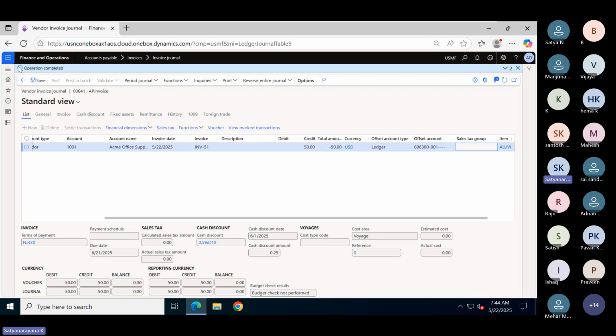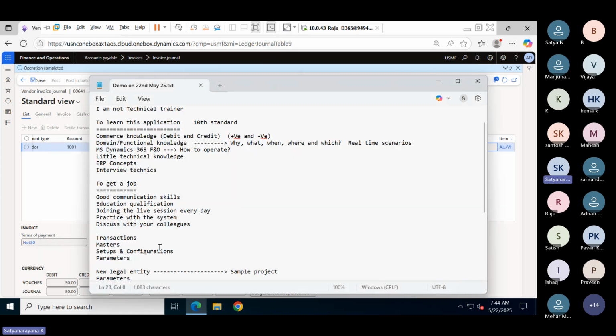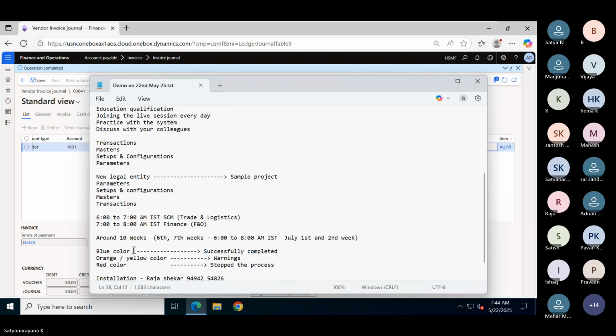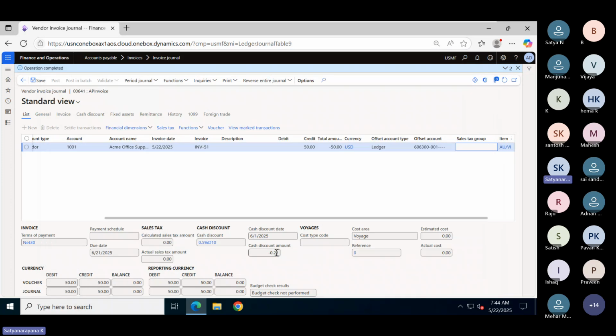So the blue ribbon completed successfully. That's what I told you. You need to learn the blue color. It is successfully completed without any errors. Now, if you go to the voucher,